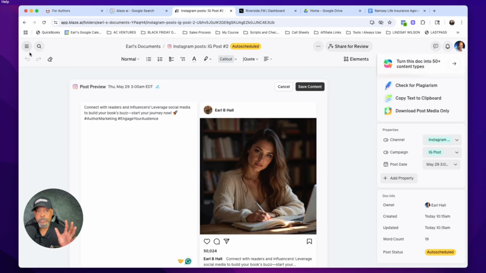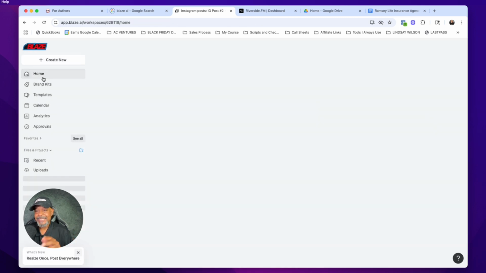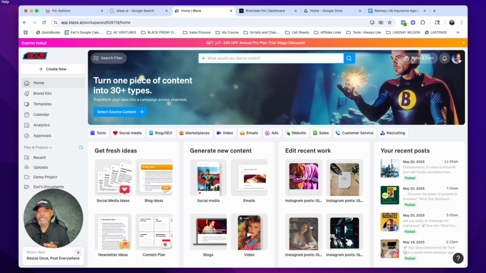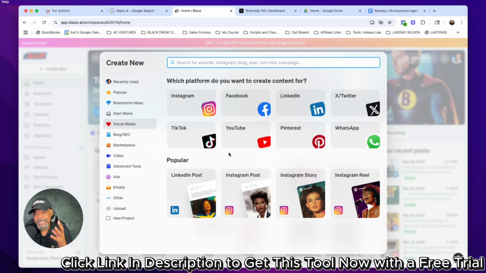Now, this is just a portion of what you can actually do with Blaze AI. There's so many other ways that you can use this. I wanted to show you the power of using this as a content creation tool across all of the different platforms: Instagram, Facebook, LinkedIn, Twitter, TikTok, YouTube, Pinterest, WhatsApp. There's all these different things that you can use to generate the content that you need to create. And you saw that just took me minutes, right? To go ahead and create 5 days of content. I could have done the same thing with 30 days, 100 days of content